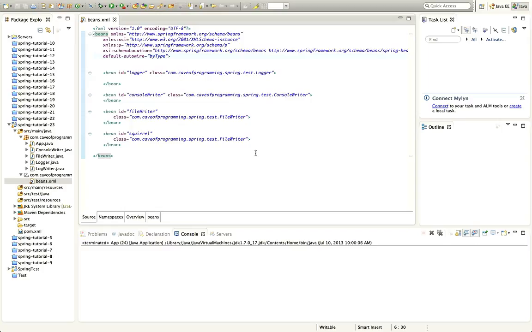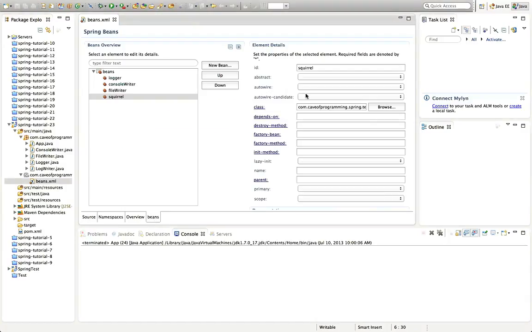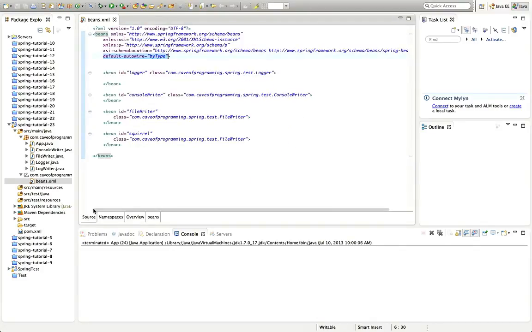In this tutorial we're going to look at a couple of other attributes that can be useful on your beans to narrow down the selection for cases where you've got ambiguity in your auto wiring. So I've got this program here which is basically the same as the one from the last tutorial, except that I've got default auto wire by type switched on here, and I haven't named any auto wire candidates, and we've got ambiguity here because there are two